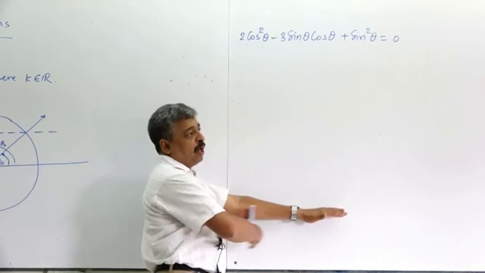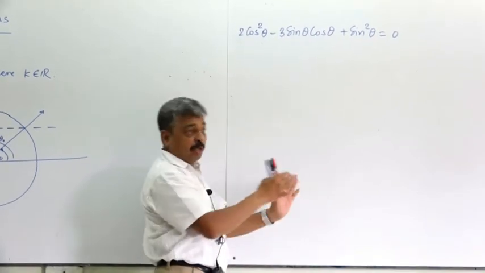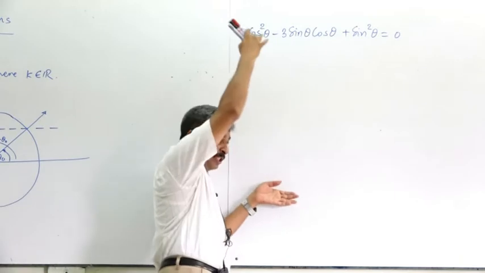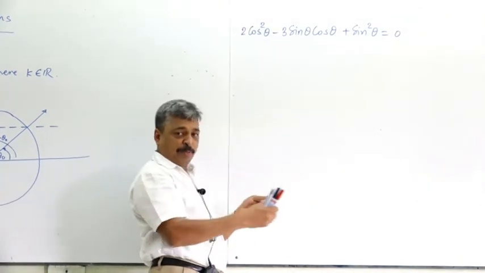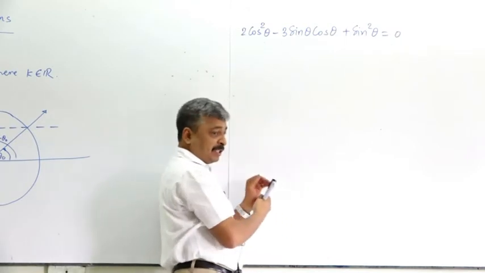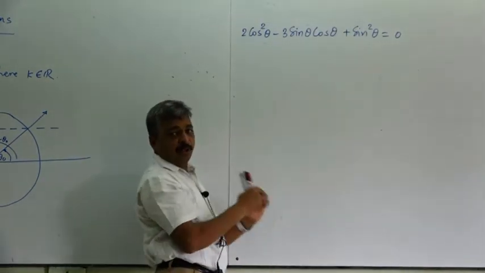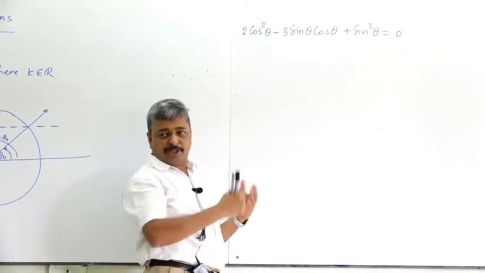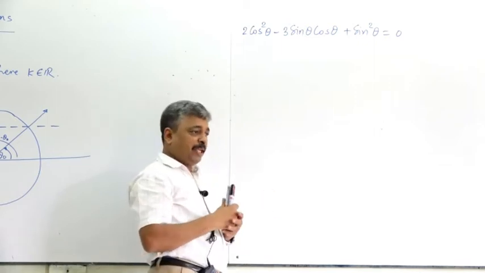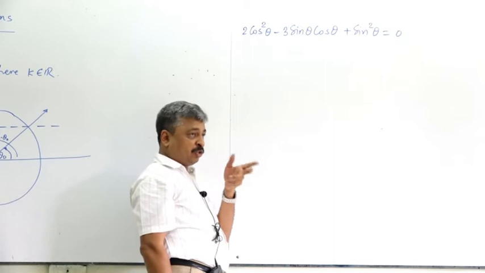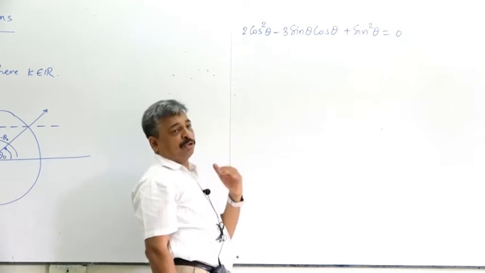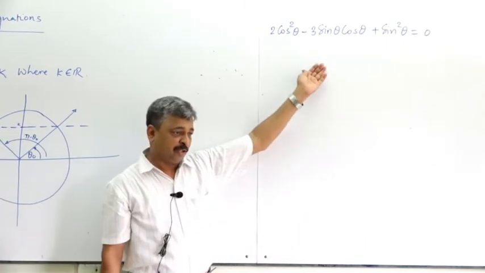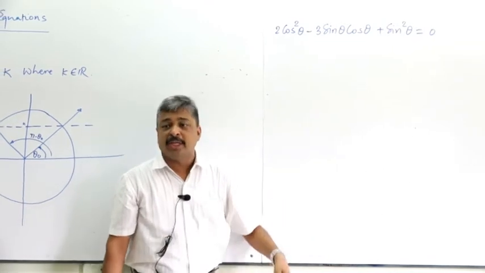Of the total answers that you have got, there will be a few which satisfy this. So there will be a few answers which will be correct. But if we report all of them as the solution set of this equation, then the extra answers you got because of squaring in between may not be true for the given equation. And it is true for any equation, not only for trigonometric equations. Therefore we need to be very careful while squaring, or if we cannot solve without squaring, we finally have to check whether the solution set satisfies the given equation or not, and then delete those solutions which don't satisfy.